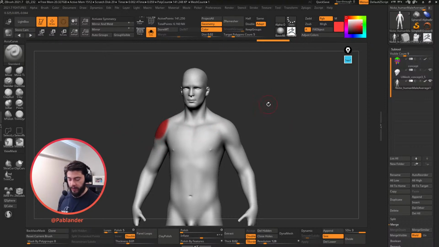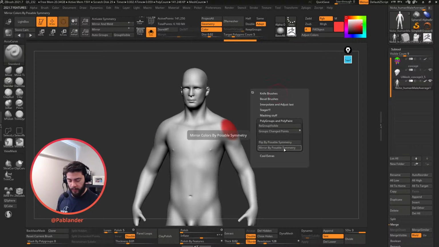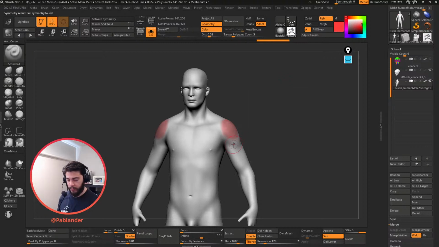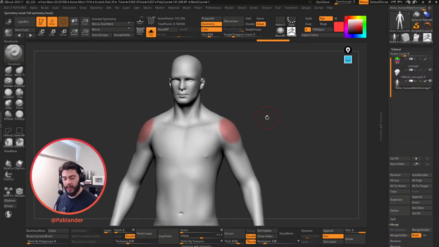So pretty handy stuff. Now you notice that when I clicked on mirror by polygroup symmetry, this area also gets diluted, it's almost like washing out the color. So it's not a very strong color. It's almost like taking that full-on red that I had here and splitting the intensity in two. So if you want to fix that, what you can do as well is